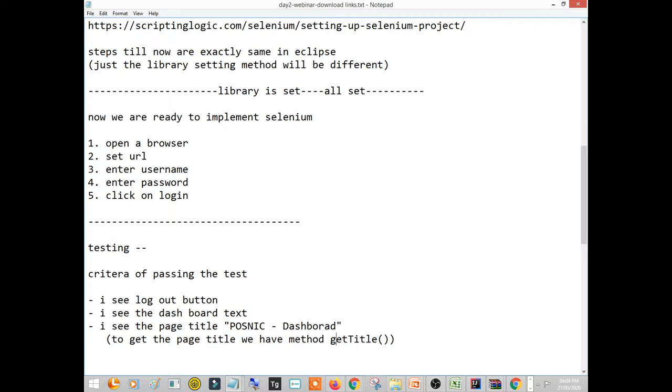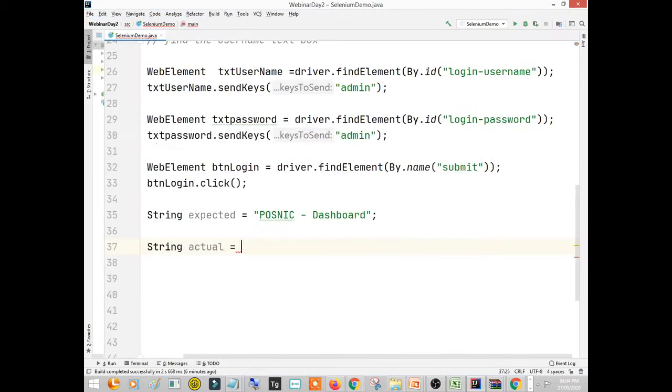Simply if you write driver.getTitle(), you will get the title of the web page. So I'll simply keep it here. Now you see I have got the expected string and the actual string, and we know that if expected and actual are equal, then my test is passed, right?